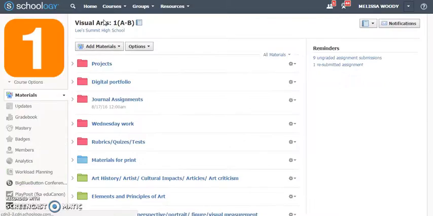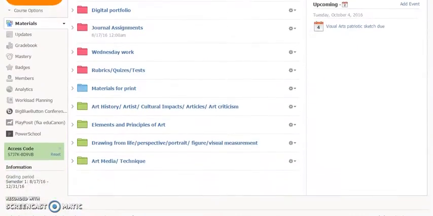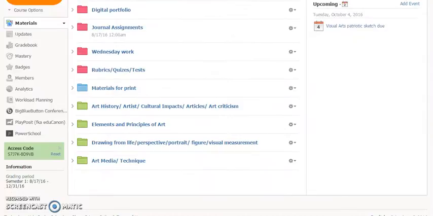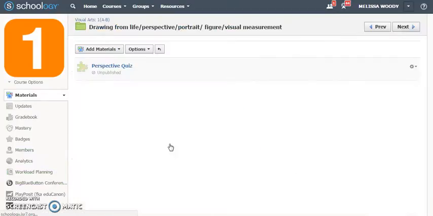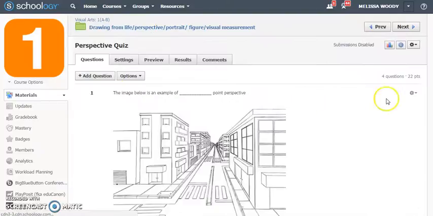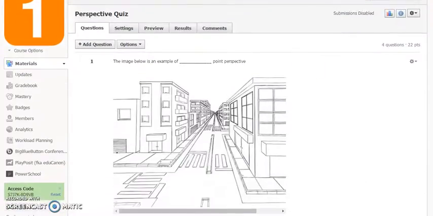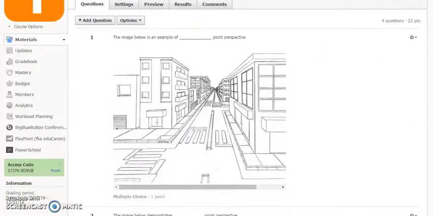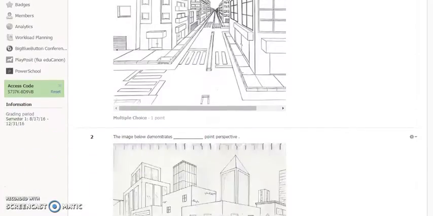My other quiz that I had them do, or will have them do, is going to be on perspective. And I chose perspective. It's kind of a few weeks away, but I thought it would be good to get it started. So I went ahead and made a perspective quiz. And what I've asked the kids to do in this quiz is to identify if it's 1-point or 2-point perspective